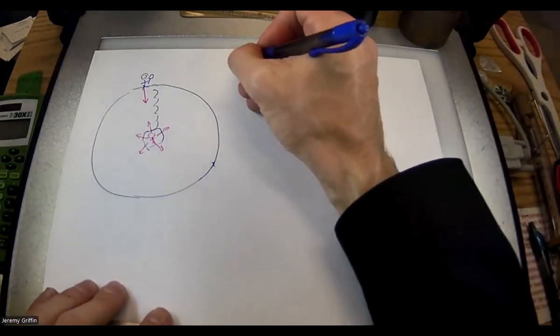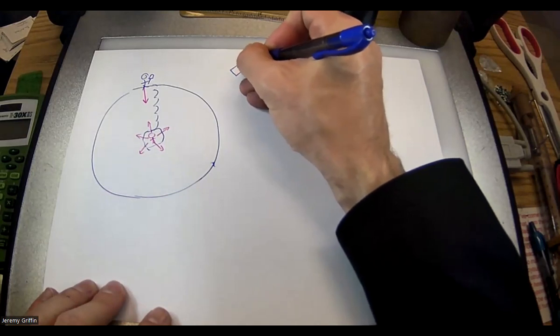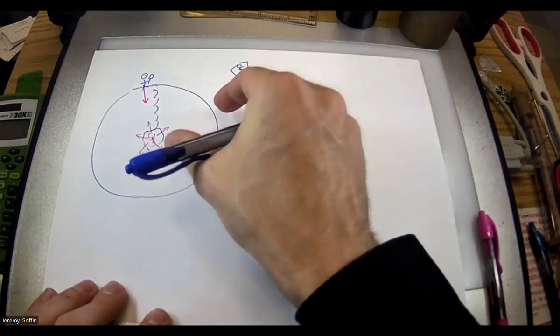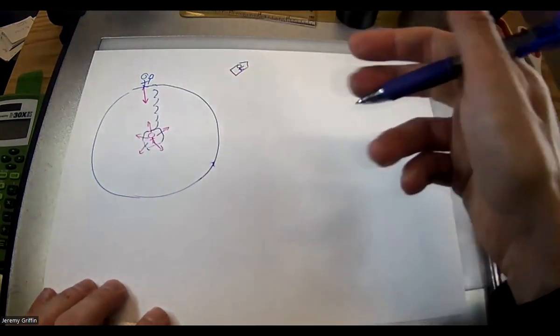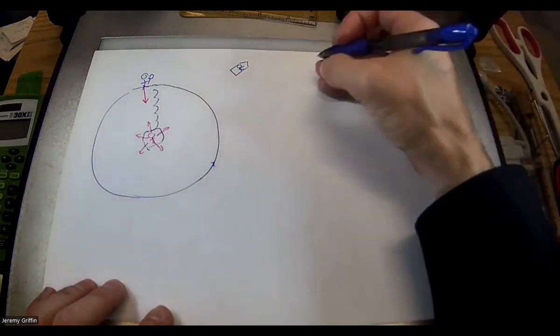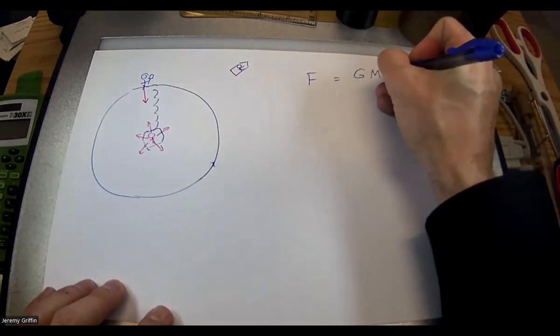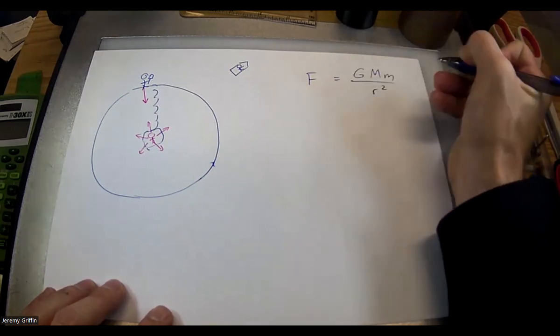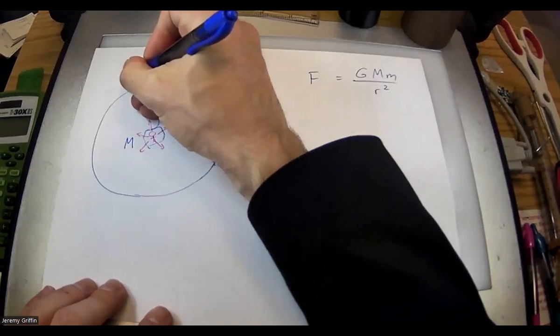I also know if you take off on a rocket, here's a rocket, this guy's taking off. The further you get from the planet, there's less and less gravity force. In fact, that's going to follow an inverse square law. Force equals GM divided by some general distance squared. The big M is the mass of the planet. The little m is the mass of the person.